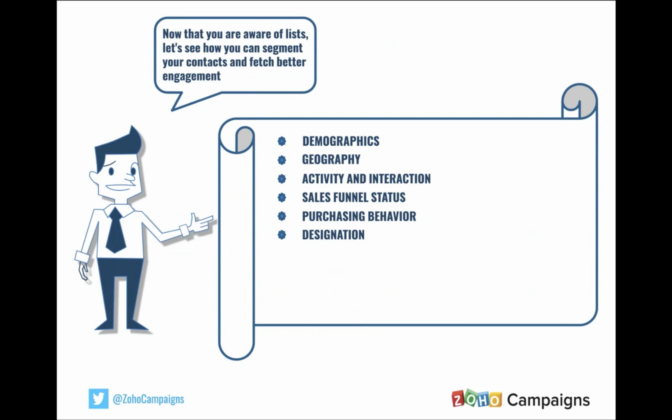With previous purchasing behavior, you might have seen that if you have purchased a cell phone from any platform, later on, when you log in to buy something else, they might suggest a pair of earphones that people usually purchase with that cell phone. This is called cross selling. With past purchasing behavior, cross selling and understanding the tastes and preferences of the customer becomes very easy, and this happens only with proper segmentation. You can also segment in accordance with designation.